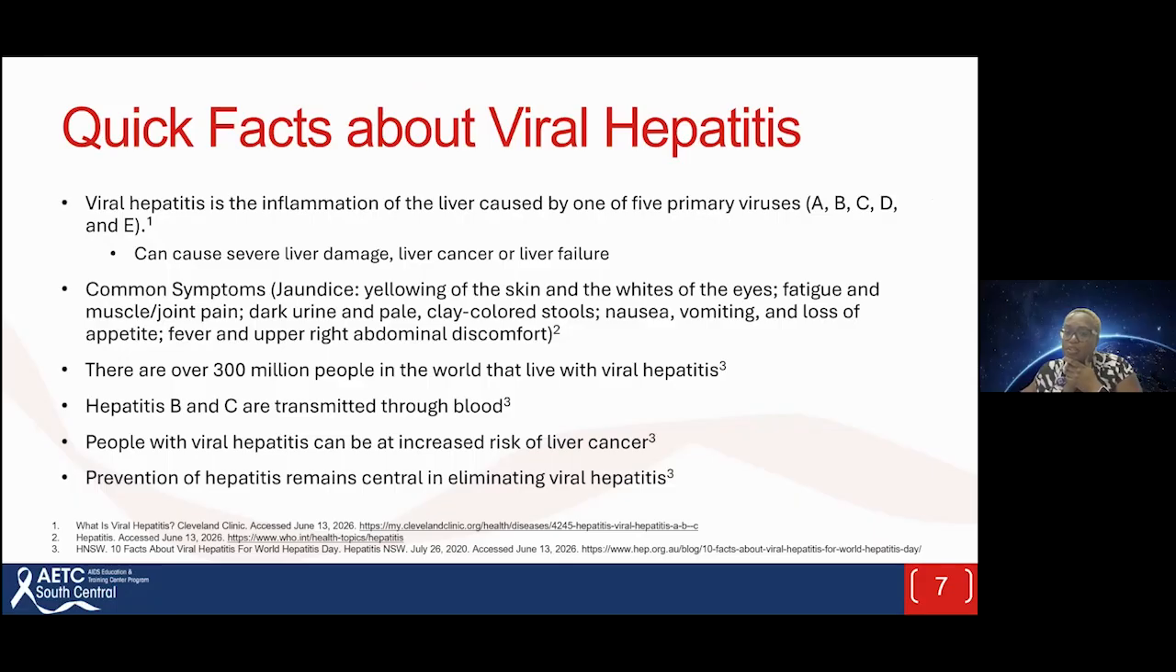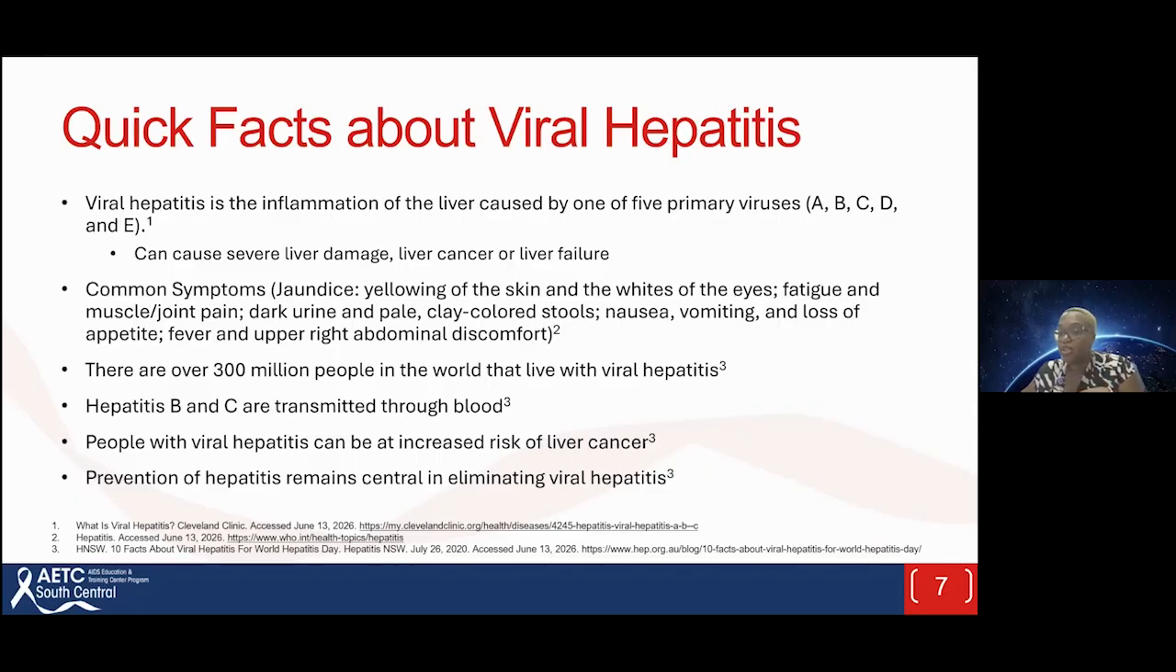Another part of the facts about viral hepatitis: there are over 1.5 million people dying each year from viral hepatitis as well. But like I said, hepatitis B and C are transmitted through blood. Hep B is usually spread through unprotected sex or sharing of needles, and Hep C is spread through contact